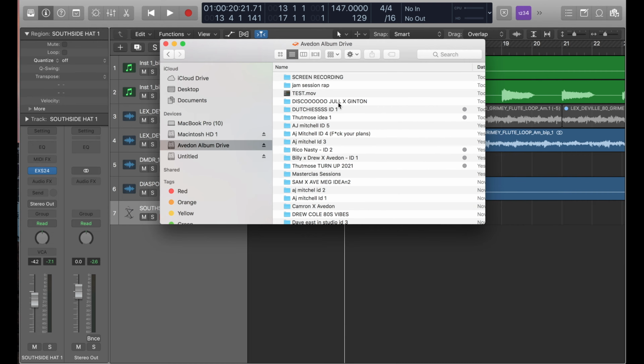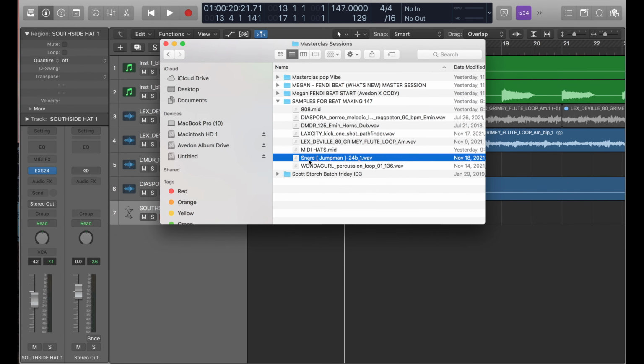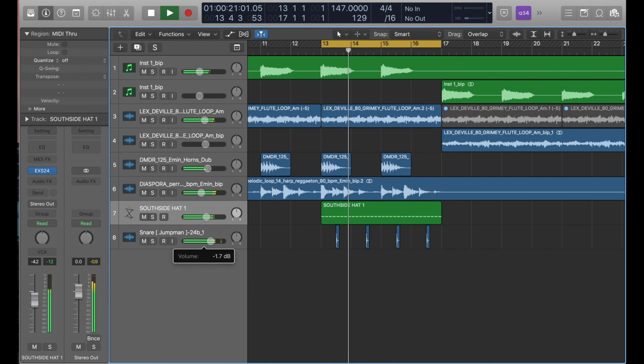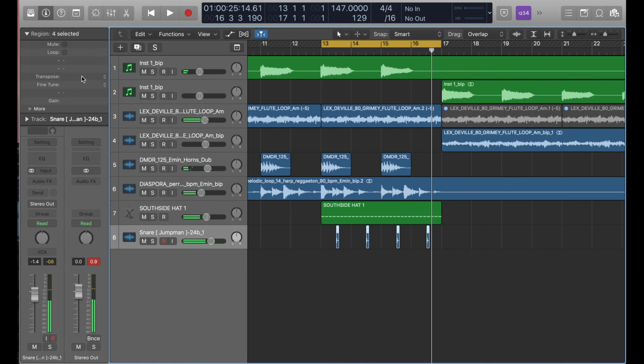I hear a snare though, I don't hear a clap on that. Maybe some ghost claps, but I hear a snare. So let me go and find one of my favorite snares, jumping snares. But then I feel like the snare is a little bit too bright and too generic,